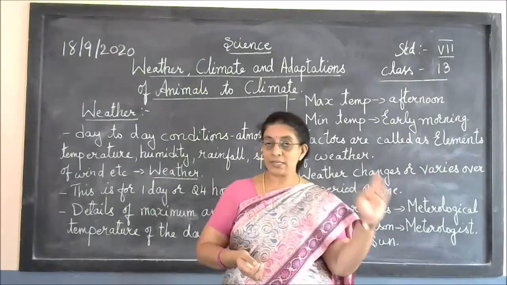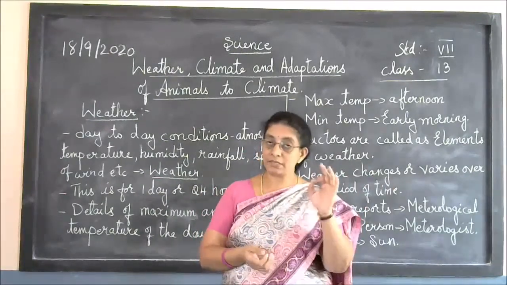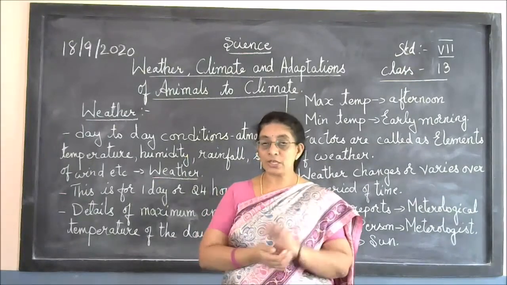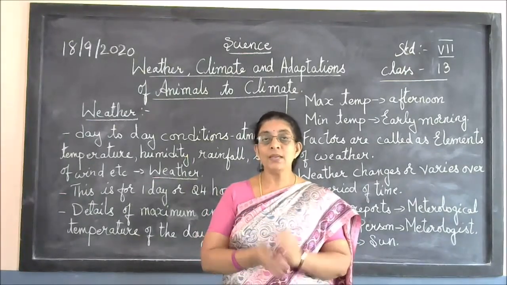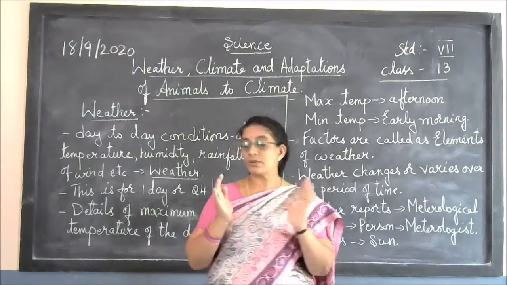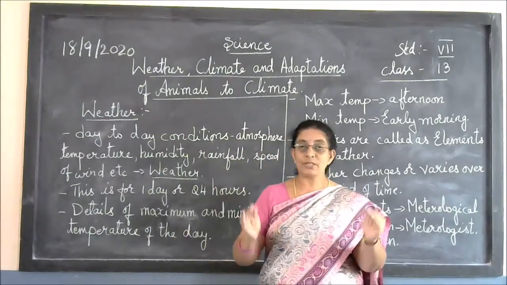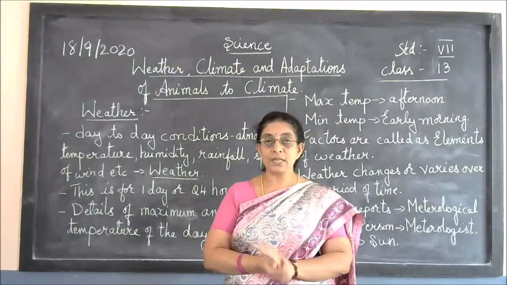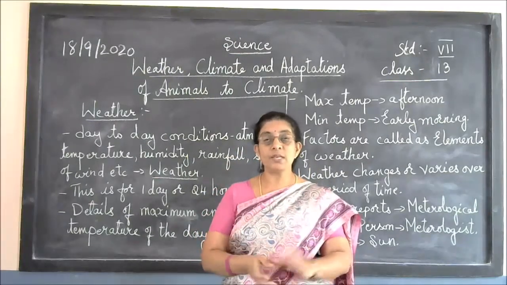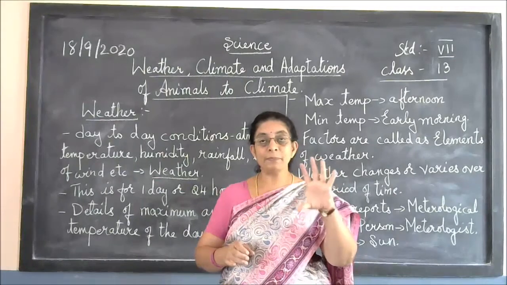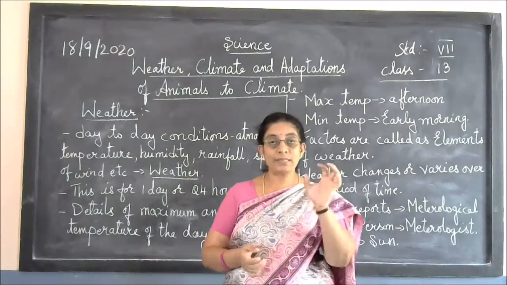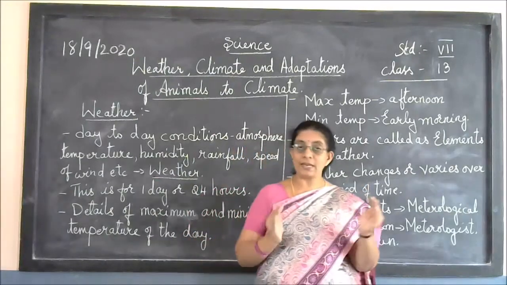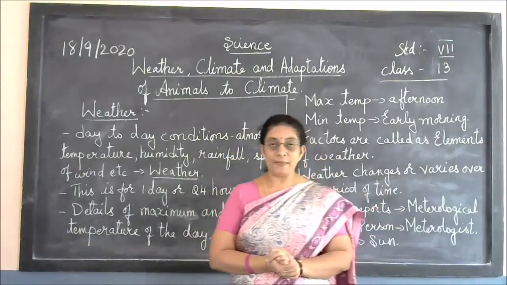So not only the temperature is being measured, even the rain also is being measured. The rain is measured by an instrument called the rain gauge. Okay, so they use that instrument to measure the level of the rainfall, how thick the rain is, how heavy the rainfall is, what is its maximum thickness of rainfall, that is in centimeters. So all this is done by the meteorological department.